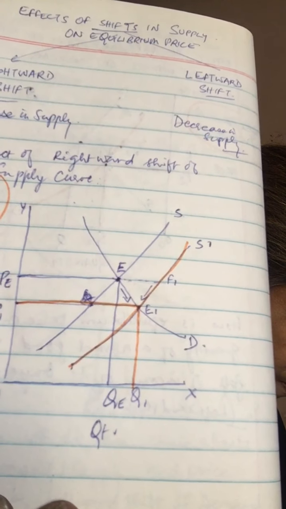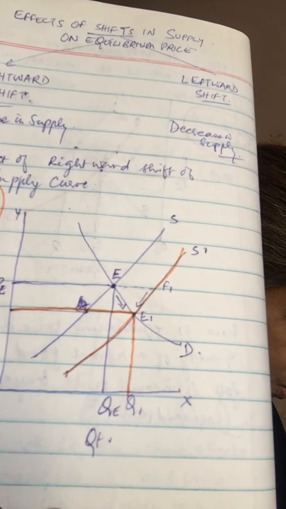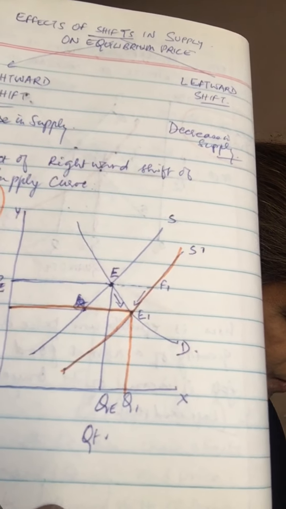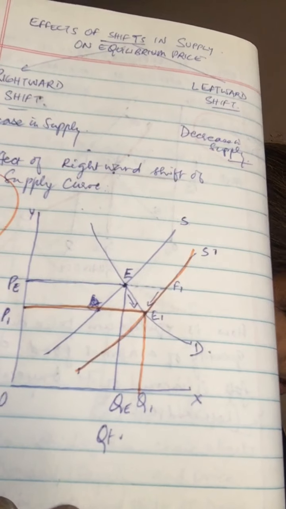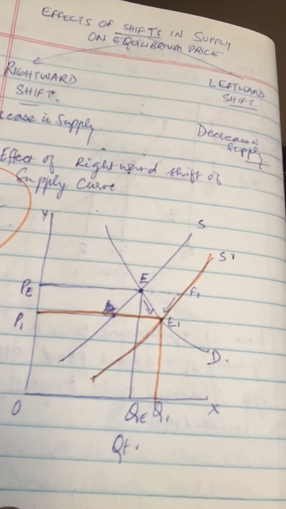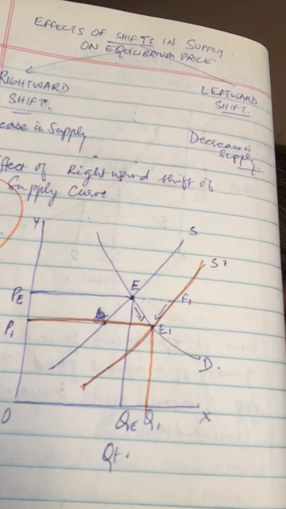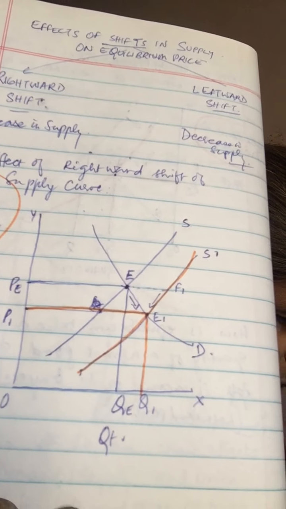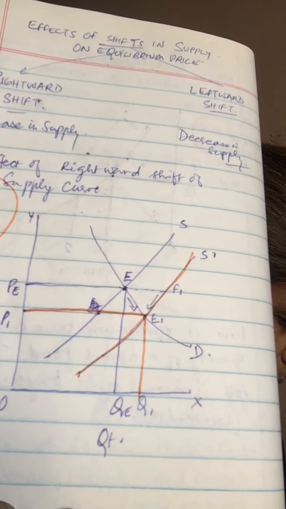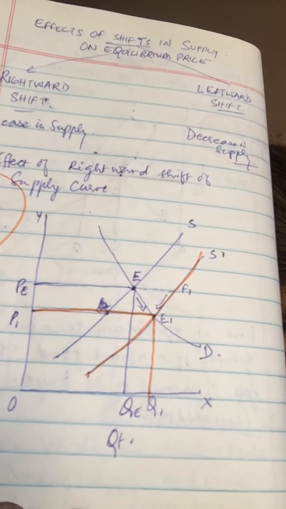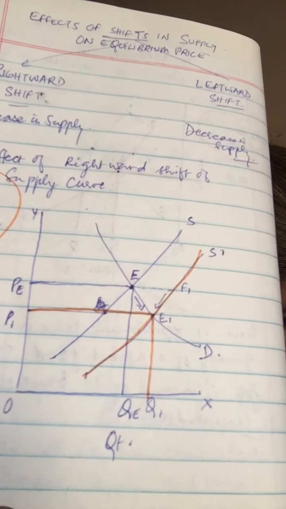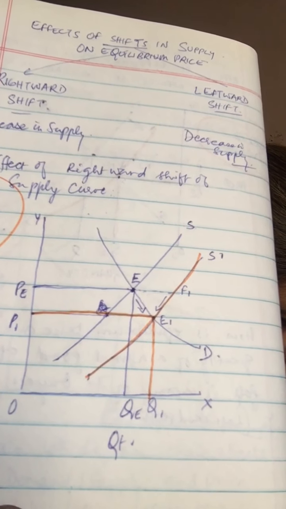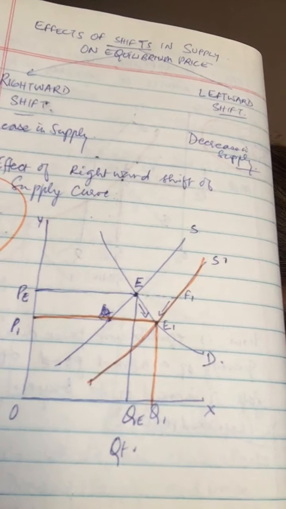Increase in supply shifts supply curve from S to S1 to the right, leading to excess supply EF1 at the given price OP. As I read, please look at it. So what is the increase in supply? Excess supply is EF1. So at this price, what happens? There'll be more supply, leading to excess supply EF1. Now, since firms will not be able to sell all what they want to sell, there will be competition among sellers, leading to fall in price.